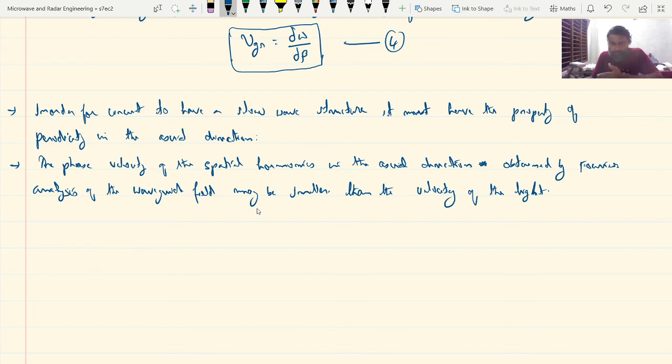If you introduce the Fourier analysis to the equation for the waveguide field, then the phase velocity will be smaller than the velocity of light. So, in the helical slow wave structure,